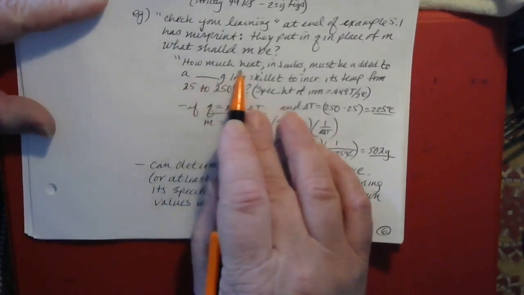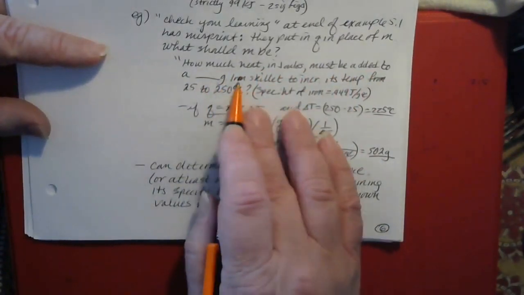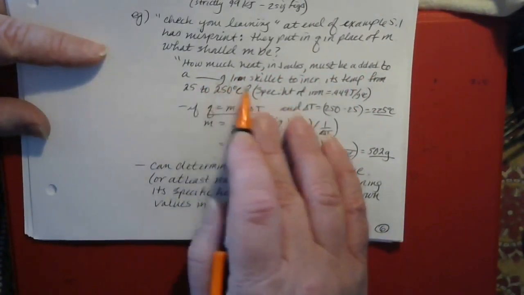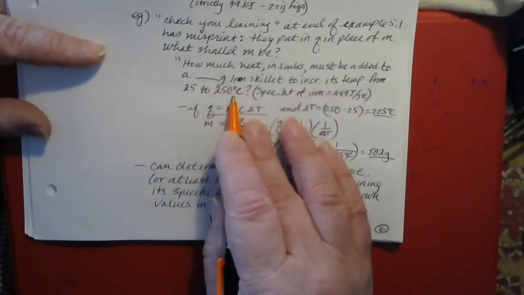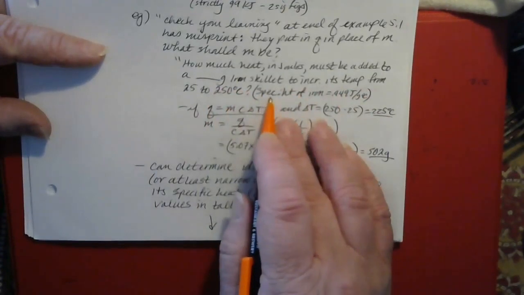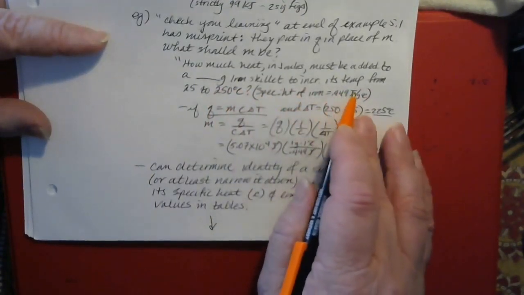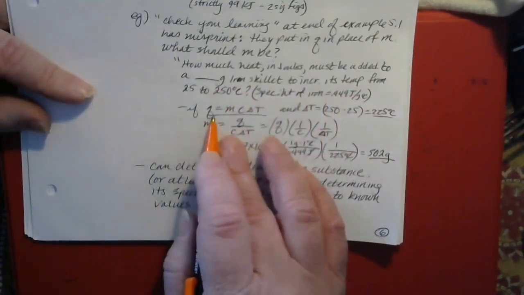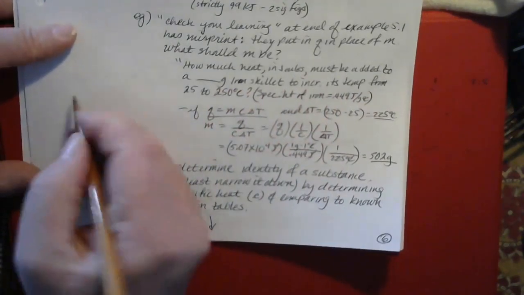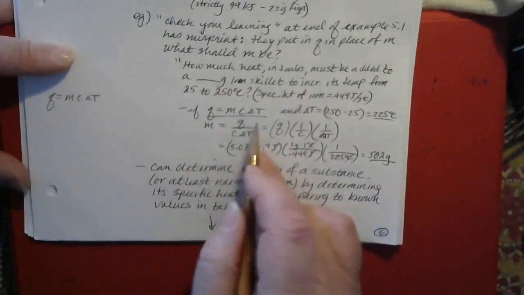So it reads, how much heat in joules must be added to, and this is where they put in the wrong number, grams, and the unit should be grams, not joules, iron skillet to increase its temperature from 25 to 250 degrees Celsius. And it tells you the specific heat of iron is 0.449 joules per gram degrees Celsius. Okay, so if Q equals MC delta T,